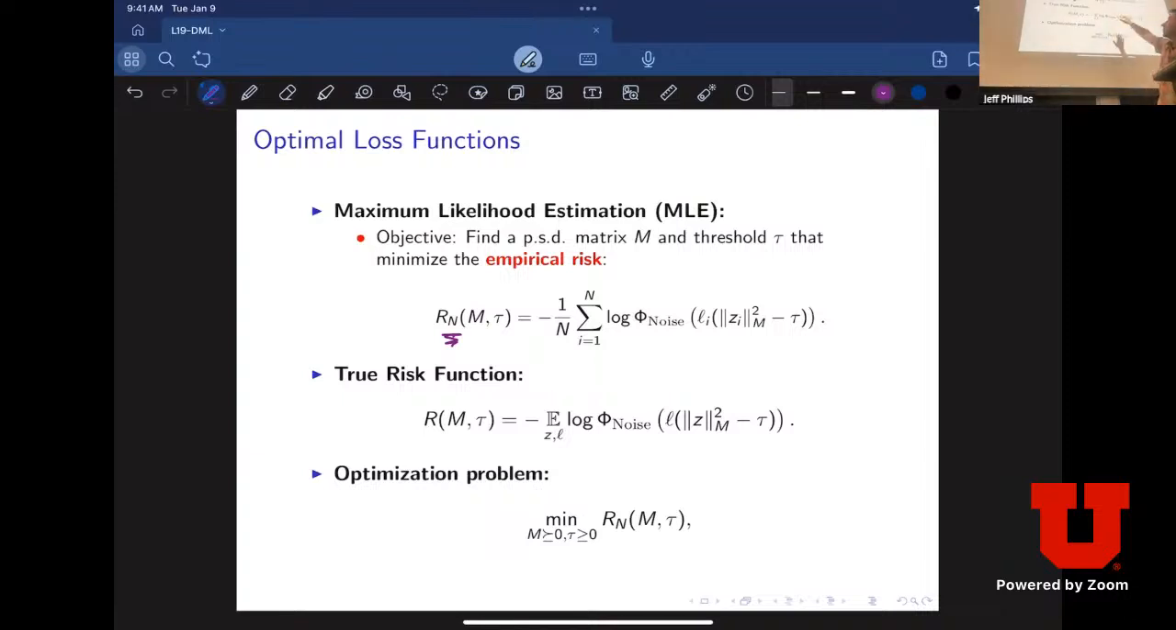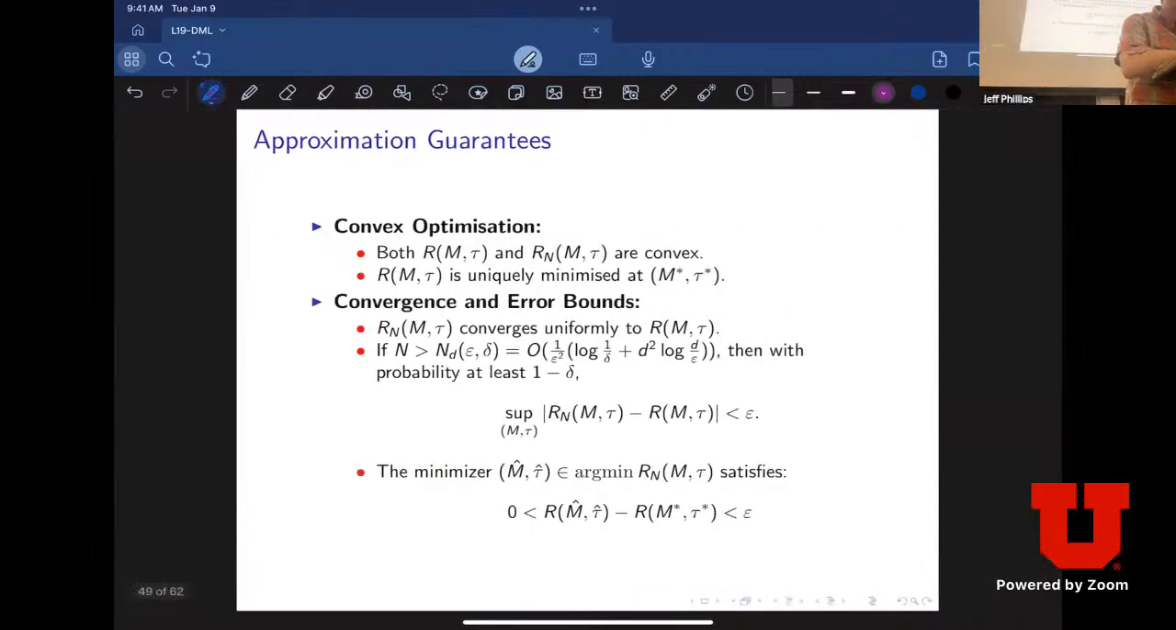And so this function is going to be convex, is what we'll show. Okay, and then there's a true risk function if I sampled all possible things, but we can optimize on the sample risk function. And so what we're able to show is that these two risk functions are both convex, which means we can use gradient descent to optimize them over the parameters of the matrix M. Okay, that it's uniquely minimized at the right answer if we have the full data, and that